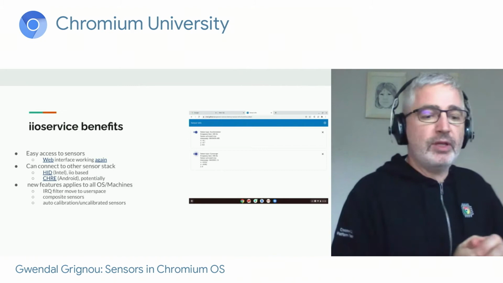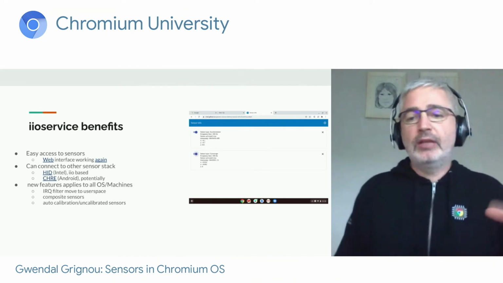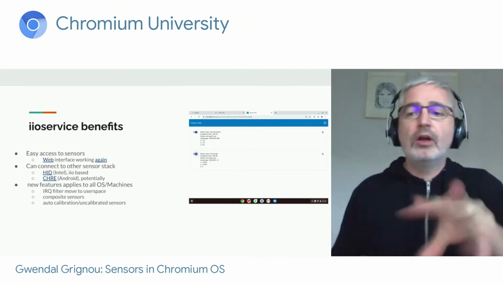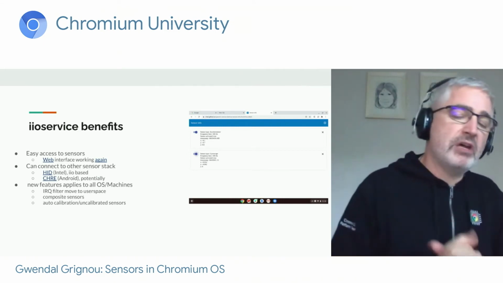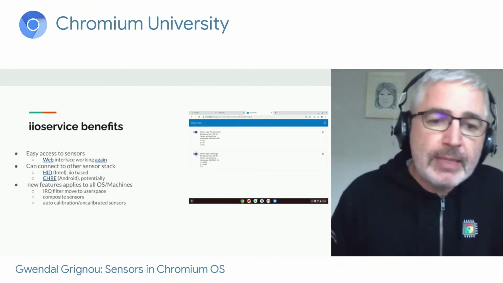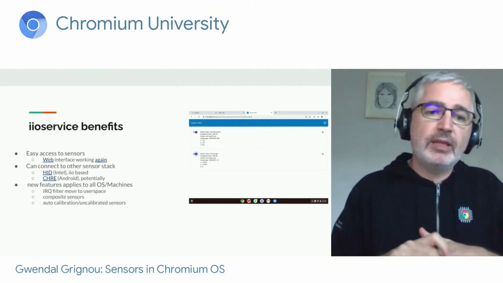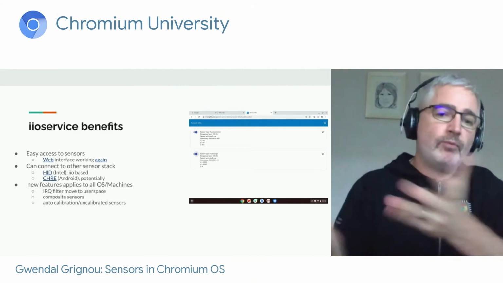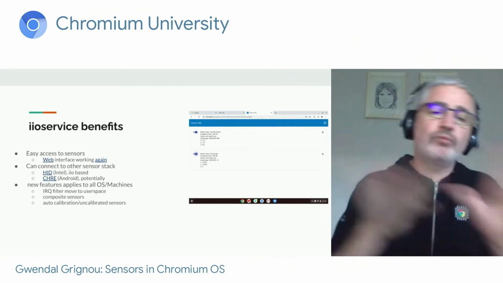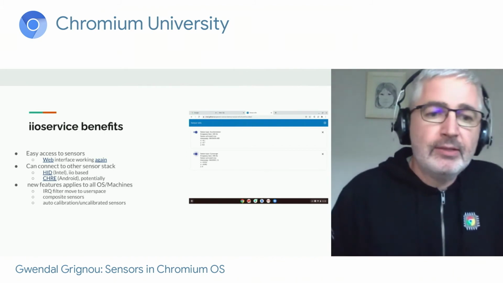For example, we can merge magnetometer, accelerometer, and gyroscope in a sensor to do dead reckoning, to know where you're moving in a room, through what we call a Kalman filter. So we could have those sensors. Today we let Android implement it, but Android has signaled that we should implement it outside of Android. So that's where we can put it in the IIO service.